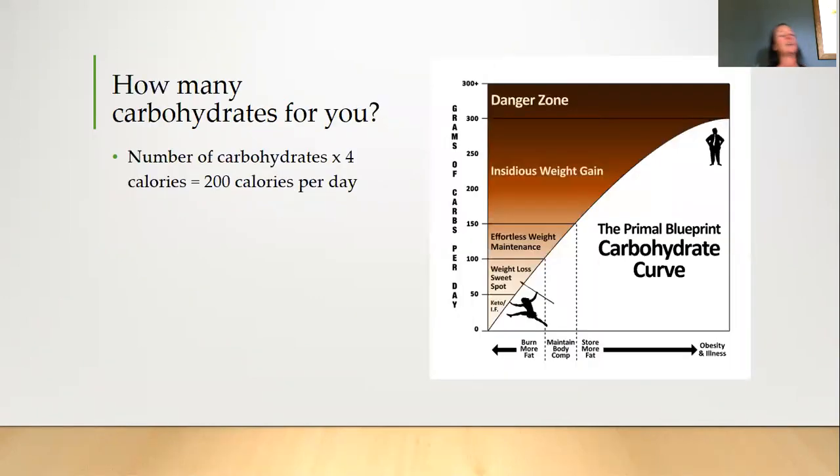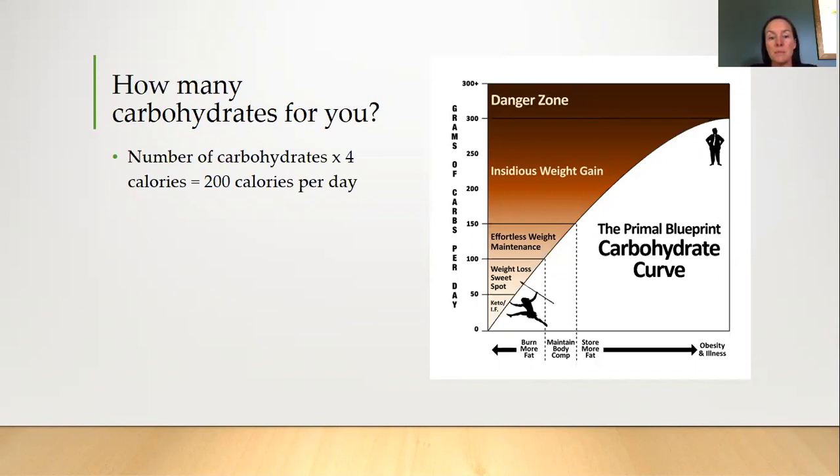So we're going to work out from that how many carbohydrates you need a day. I'm going to introduce you here, if you haven't seen it before, to the Primal Blueprint carbohydrate curve. It's something that Mark Sisson has put together, and it's a really good visual so you can work out how many carbohydrates are right for you. As you can see at the top of the carbohydrate curve, we've got 300